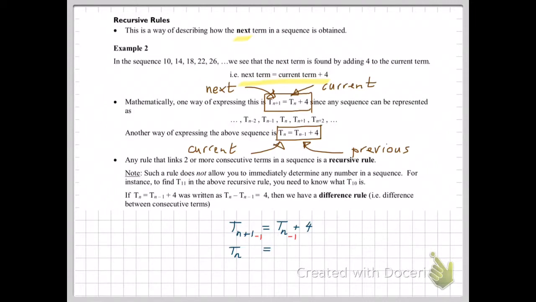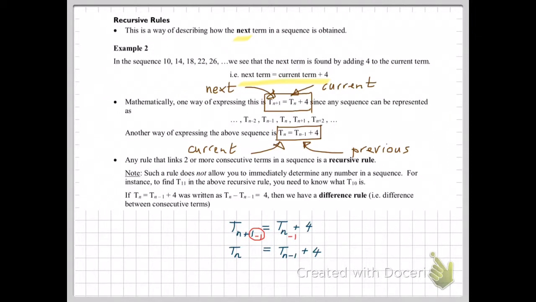So I've shown that in red. tn plus 1, we simply subtract 1, and that gives us tn, because 1 minus 1 is 0. And then on the other side, tn has become tn minus 1, and then we simply add on the 4 on the end. So that expression is identical to the previous one, just a different way of writing the same